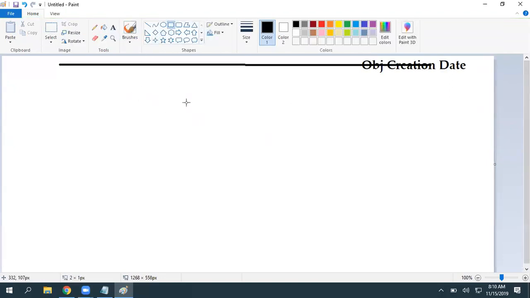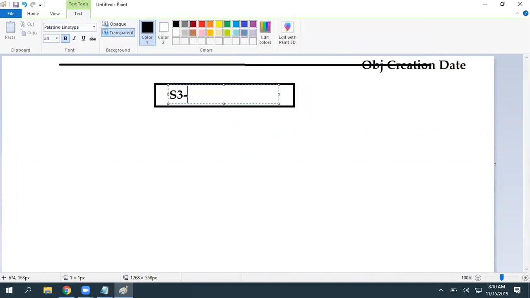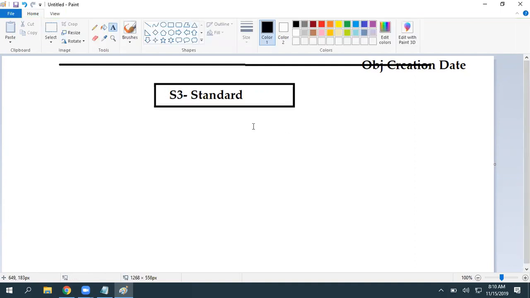So first, by default, what is the storage class we are going to have? S3 Standard. Whatever object you upload will get the storage class S3 Standard. That is the default. From that only you need to transition to any other storage class.